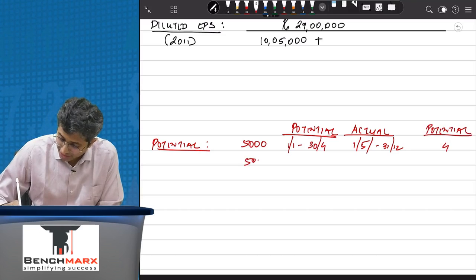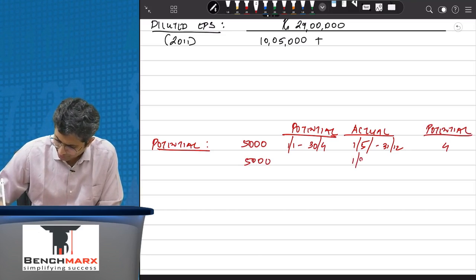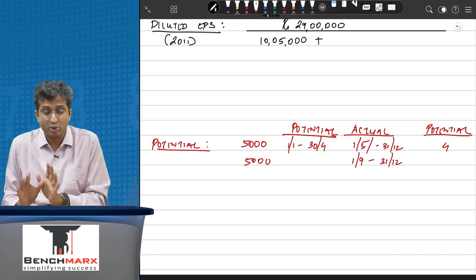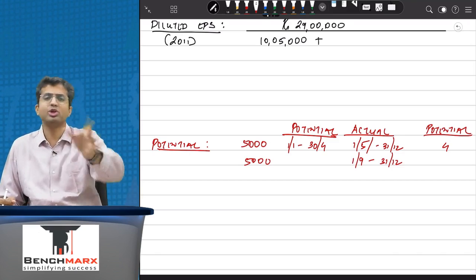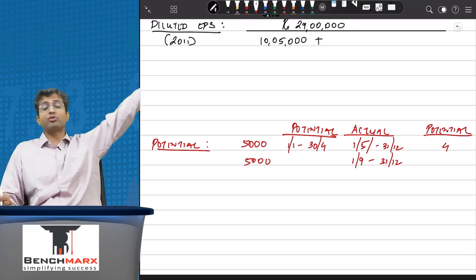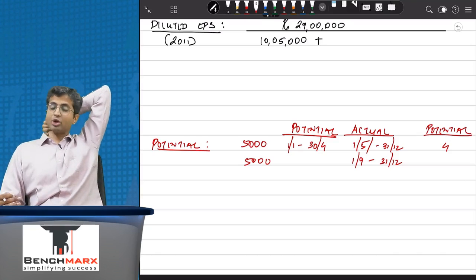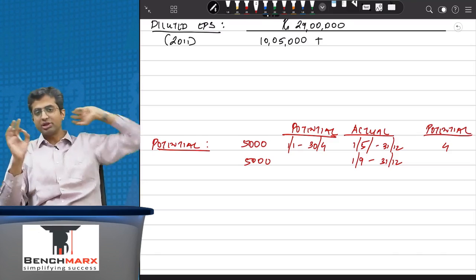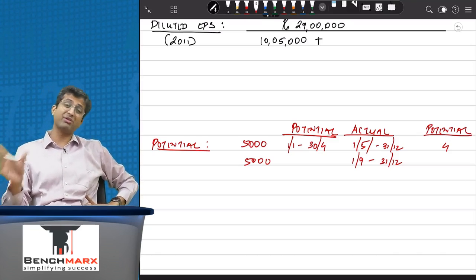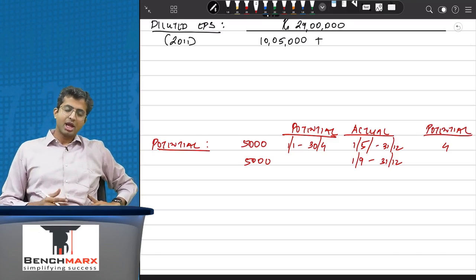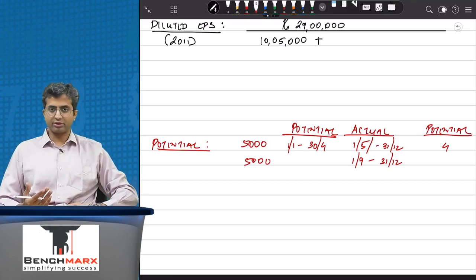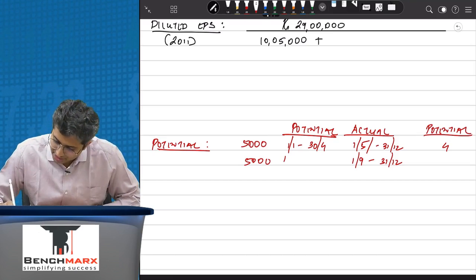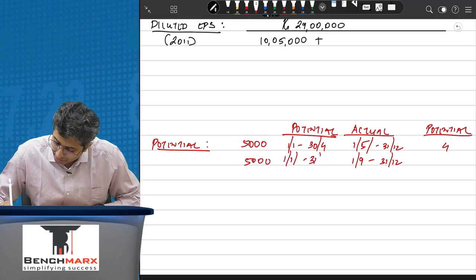Similarly, the second 5,000 shares which were actually issued on 1st of September will remain actual for the last 4 months. However, if the current period were to be the end of contingency, which it is, then these shares are to be included in the diluted EPS calculation, but then they have to be included from the very start of the year, because these shares were potential. They actually were issued when the contingency condition was met, but they were potential because the agreement was signed. And hence they were potential not for the entire year, they were potential for the first 8 months. They became actual after that, but for the first 8 months, that is 1st January to probably 31st of August,